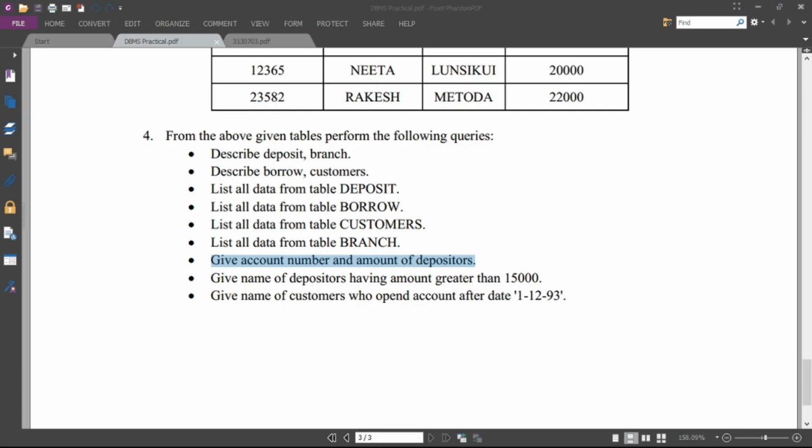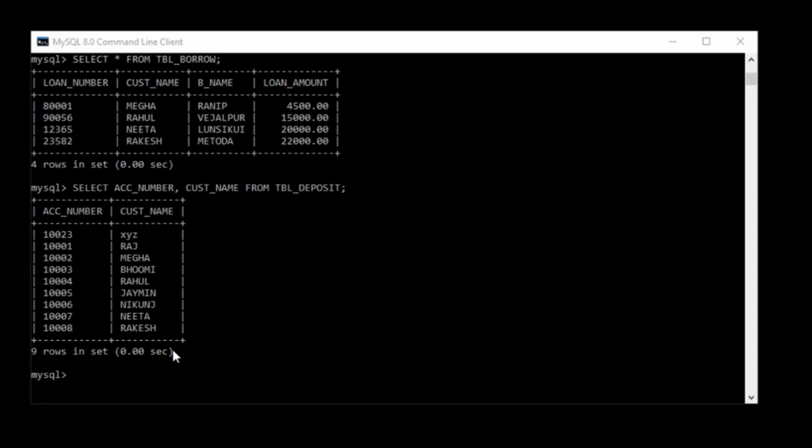Now the next definition is give name of depositors having the amount greater than 15,000. In this we have to use the where clause with the select command. Okay, so now give the name of depositors having amount greater than 15,000.